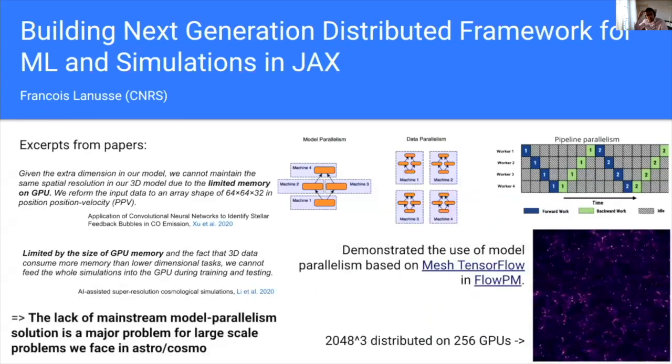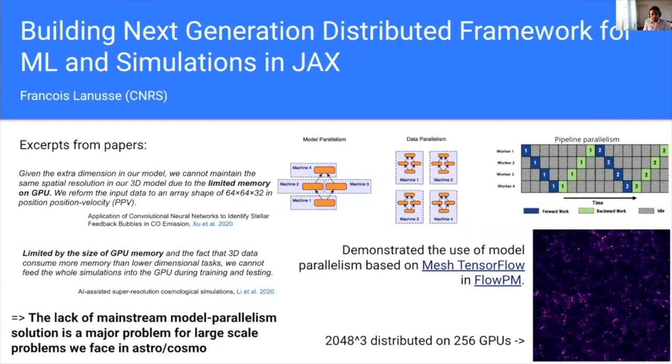Yep. All right. I'm going to be very fast because I don't want to keep you away from lunch. My pitch here is not about a given machine learning technique or anything. It's more about fundamental tools that are needed and are limiting the progress that we can make right now. To motivate this pitch, I've taken a few quotes from a bunch of papers on the left. If you've used machine learning for 3D data, you're very familiar with this. The issue is that you quickly run out of memory on a single GPU. For instance, there is this paper from Ian that mentions it's an issue.